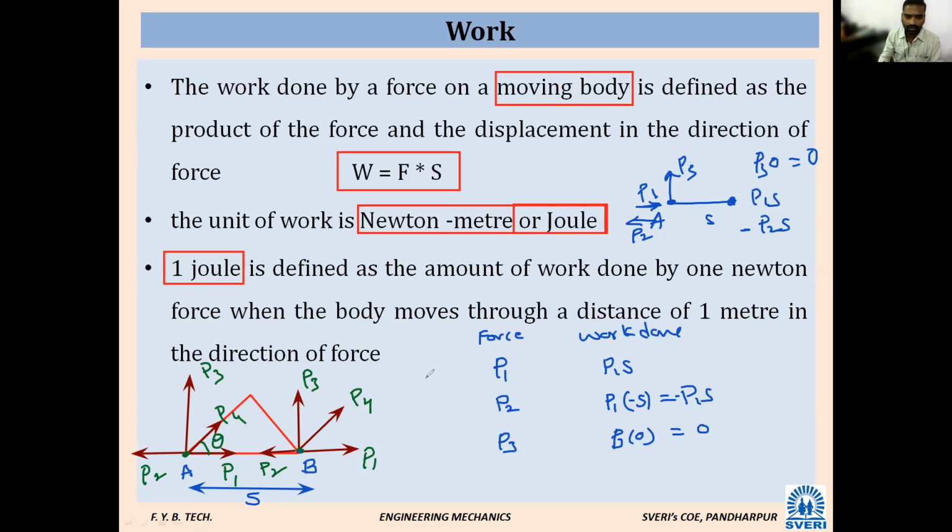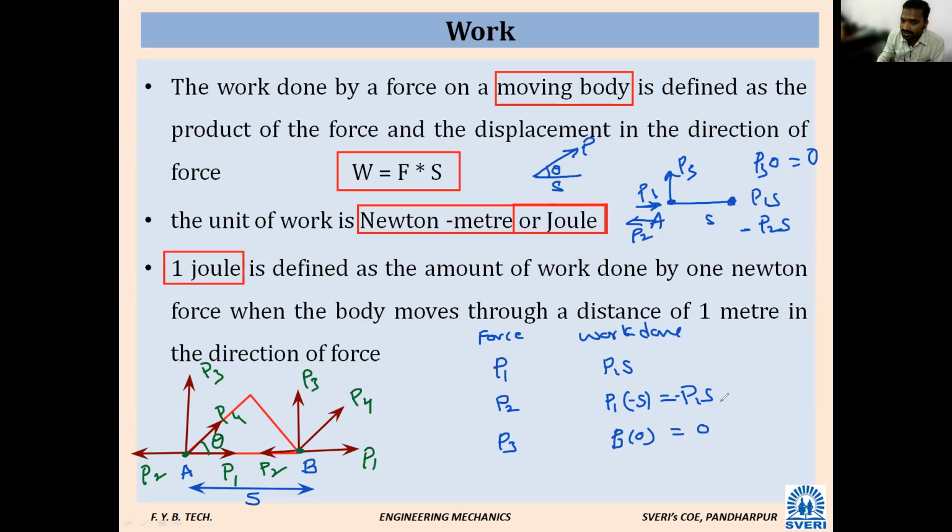Next, now look at P4. P4 is in this direction. So I will come to the point B. Now the distance along the horizontal is S. I want the displacement in the direction of P4. See what I am telling. The force is P, and this is the distance S. Along the horizontal it is S. Along this direction it is theta. So how much is along this direction? S cos theta. Yes, all of you are getting S cos theta.